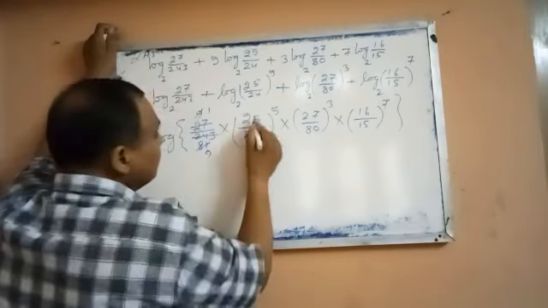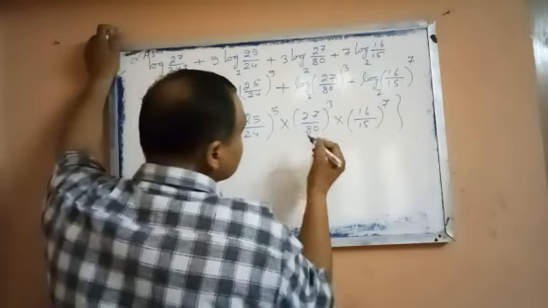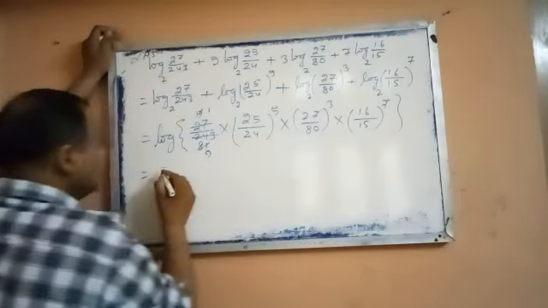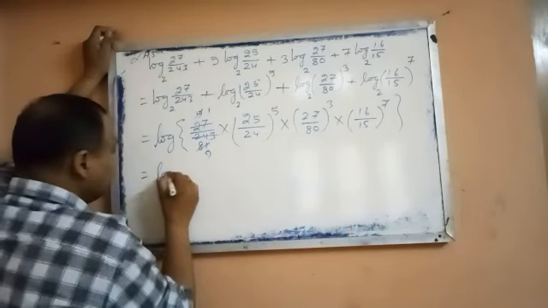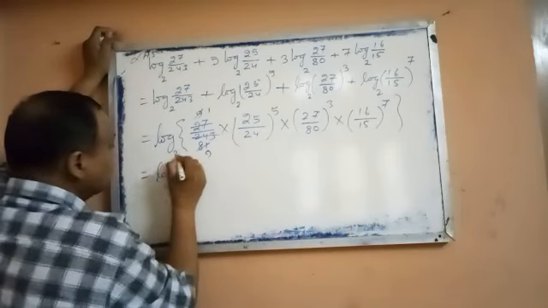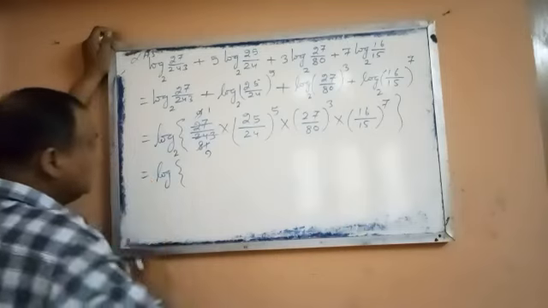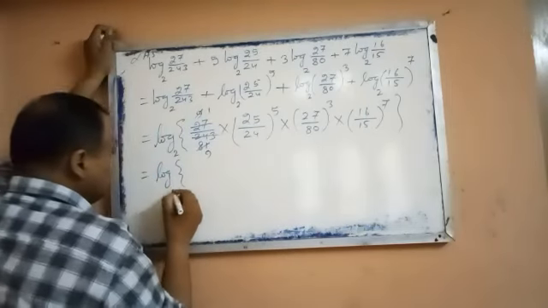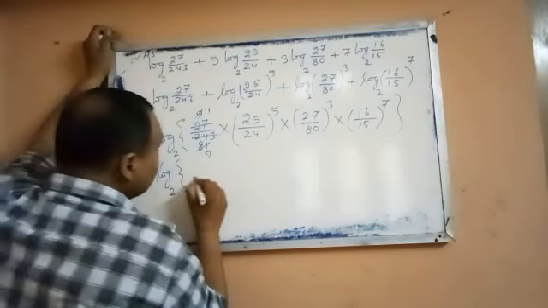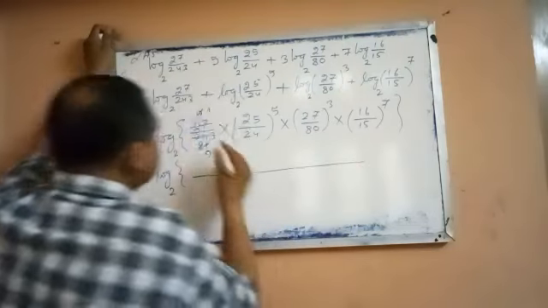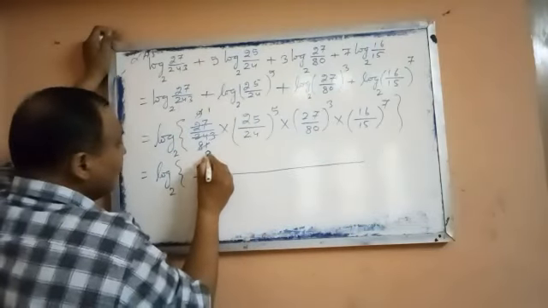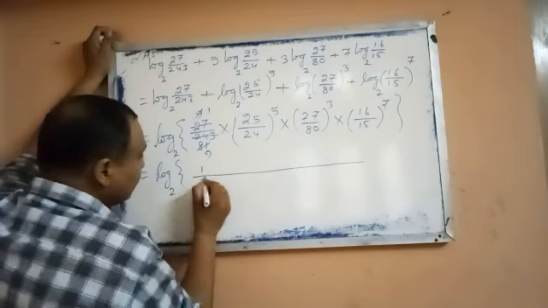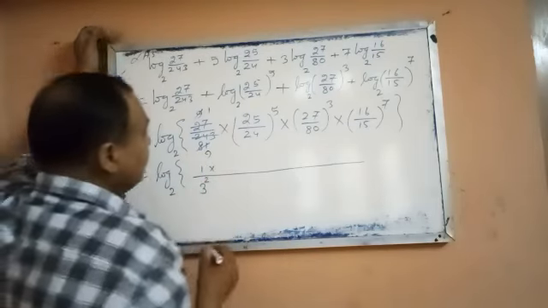We can easily see this is not cancelled, again this is also not cancelled, this is also not cancelled. So what we will write, then log and base 2, don't forget to write the base, because generally base is 10, here base is 2, so write it. Now what we will do, we will go with the basics. So 1 and 9 is what? 3 square, we will write 3 square. 1 by 1, you see.